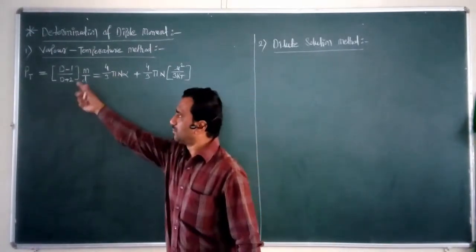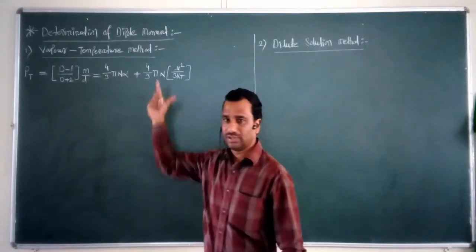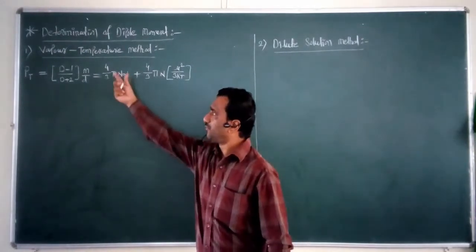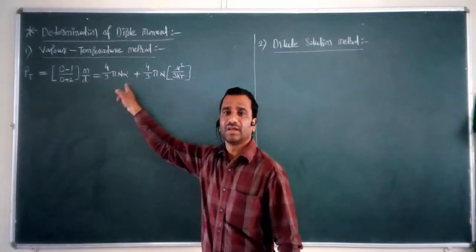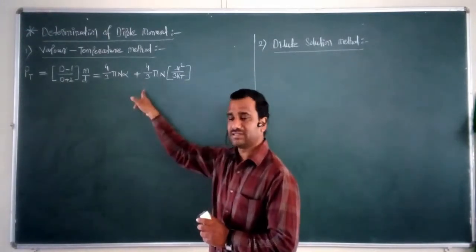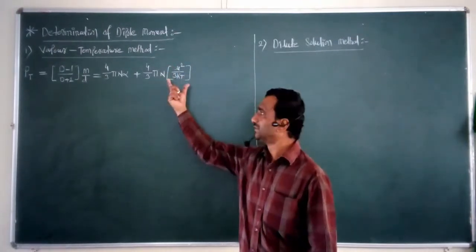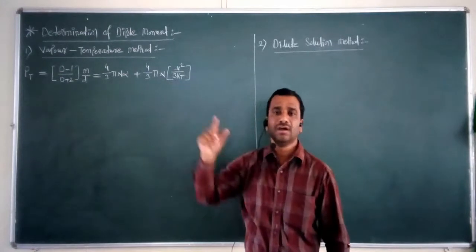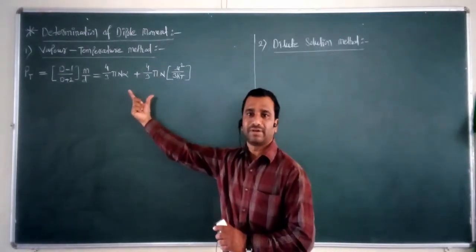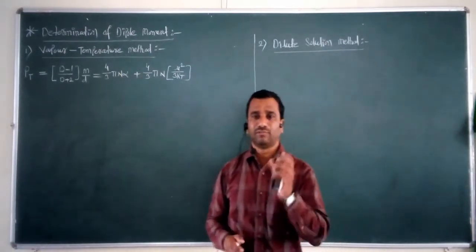So Pt is equal to (D minus 1) upon (D plus 2) into M upon d. Now these are the two different parameters. The first parameter, 4/3 pi N alpha, stands for the induced molar polarization, called Pi, plus the second parameter, 4/3 pi N mu square upon 3kT, stands for Po, the orientation polarization. If we take these two parameters together, we can calculate the total molar polarization of a molecule.